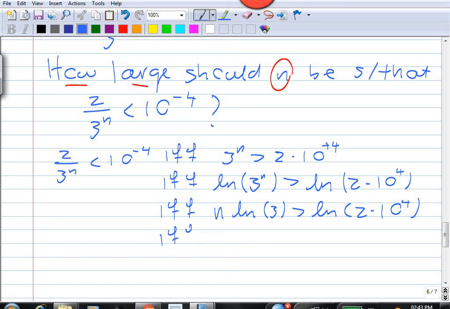If and only if n is bigger than ln of 2 times 10 to the 4 over ln 3, because remember, ln 3 is positive, and this is approximately, punch it in on your calculator,